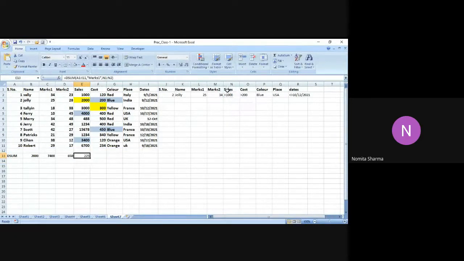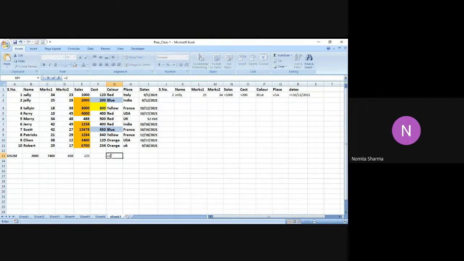Now let me see where I'm getting this answer and how I'm getting the answer. So N1 is greater than 1000. So it is this. Let me change the color. This is this. And this. So all numbers in marks 1 have been added for these numbers. Let me check.